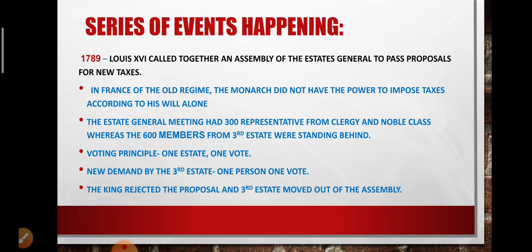After moving out of the assembly, on 20 June 1789, the third estate assembled in the indoor tennis court on the grounds of Versailles. There, they declared themselves a National Assembly and took a vow. A vow means a promise. They promised not to move out until they framed a constitution for France. By this time, this National Assembly was busy at Versailles drafting